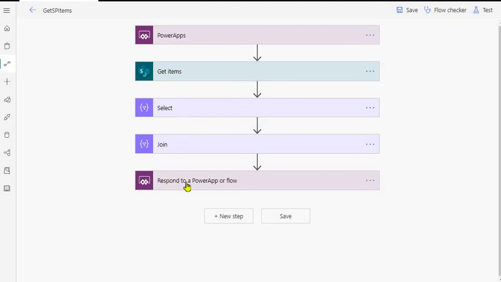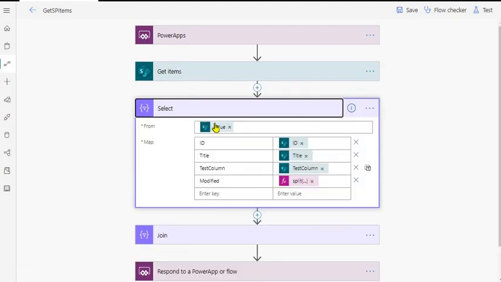I just have three actions added here to convert the collection into delimiter separated strings. First we have a Select action, wherein you can define exactly what columns you want from the data you have got from your data source.